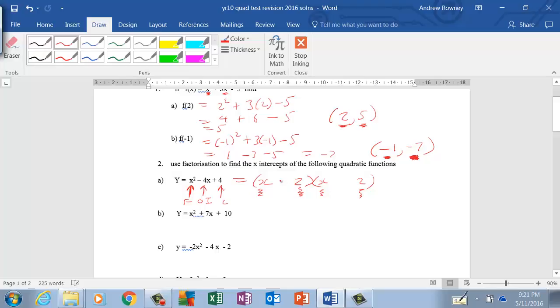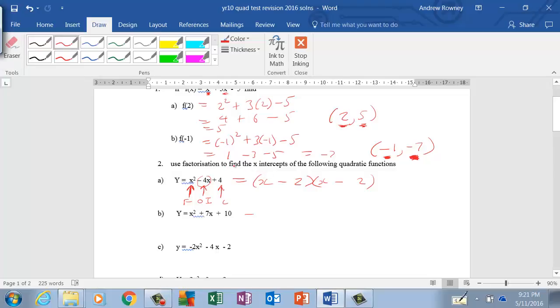So the only way to do that is if we have minus minus, because the outers, these 2 multiplied, is minus 2x. And the inners, these 2 multiplied, is minus 2x. Minus 2x and minus 2x is minus 4x. So that's our 2 brackets there. And the next one, we do the same thing, put it into 2 brackets. Oh, sorry, I'll just answer the second part of that question, which says